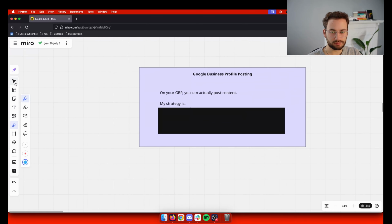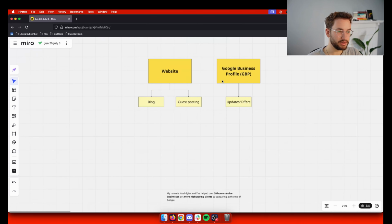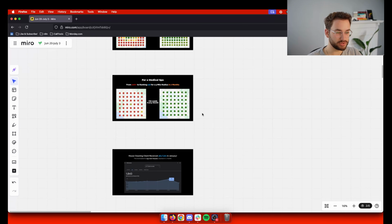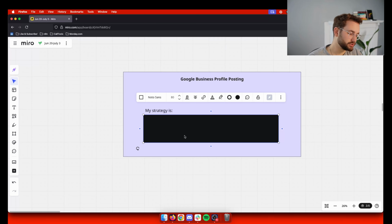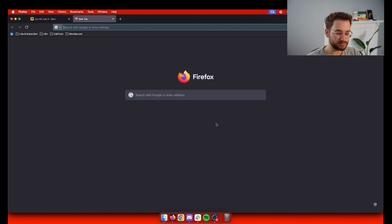So the next step, like we talked about up here, is the Google Business Profile and how you can post on there. So not only can you post on your website, but you can actually post on your Google Business Profile. So my strategy is posting 2 to 3 times a week, using a graphic or photo of your work. It allows you to use an image, and then actually geotag it. So I would look up